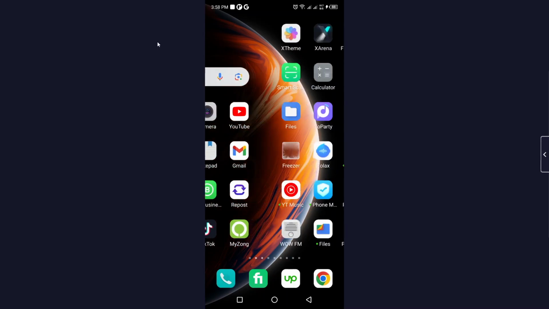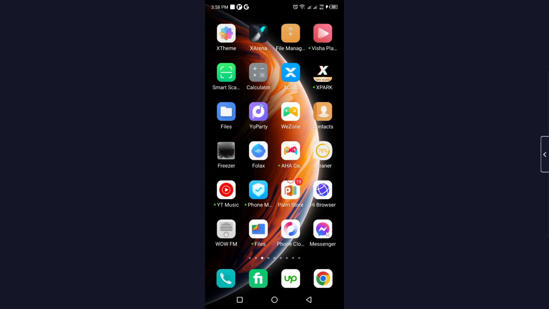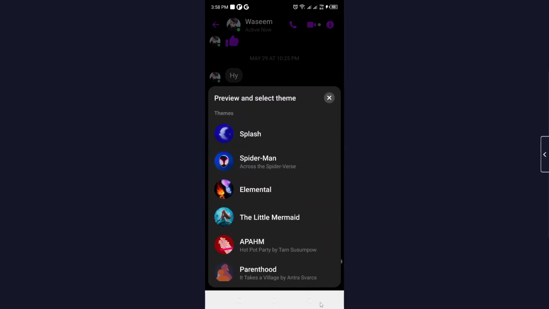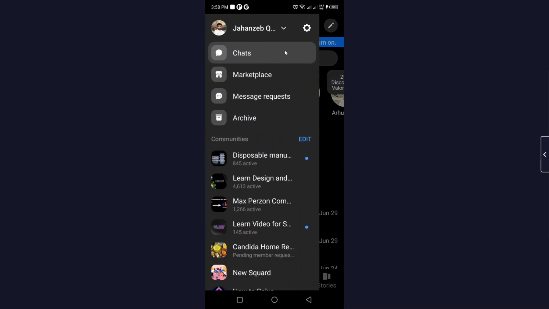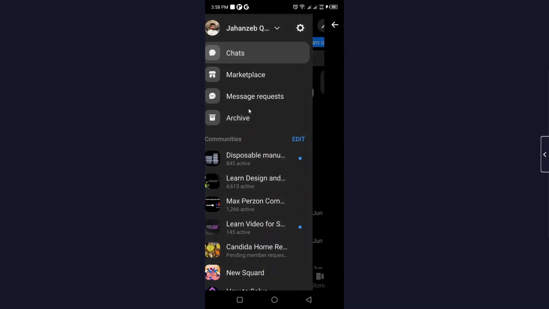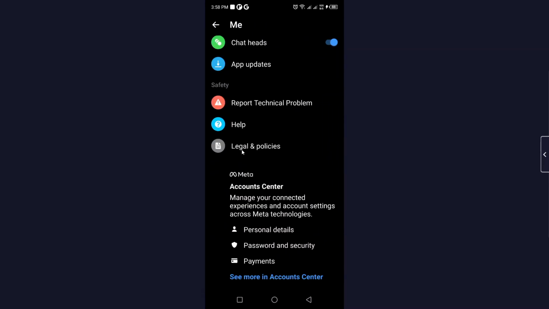So the first step you simply need to do is to open Messenger. Once you open Messenger, you simply need to click on the three bars on the top left. Here you need to click on the gear icon. Then you simply need to scroll down, and in Account Center you simply need to click on See more in Account Center,